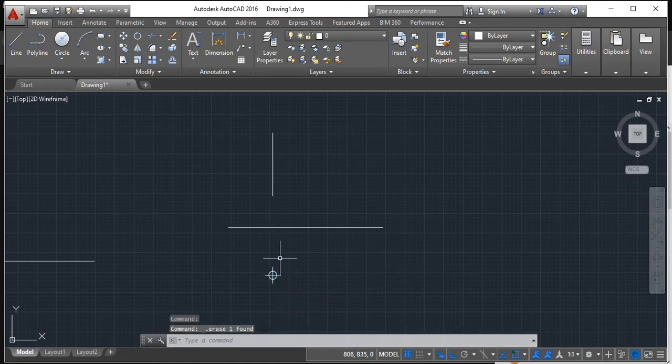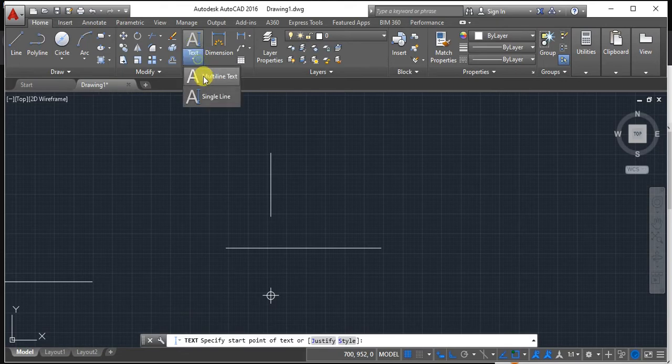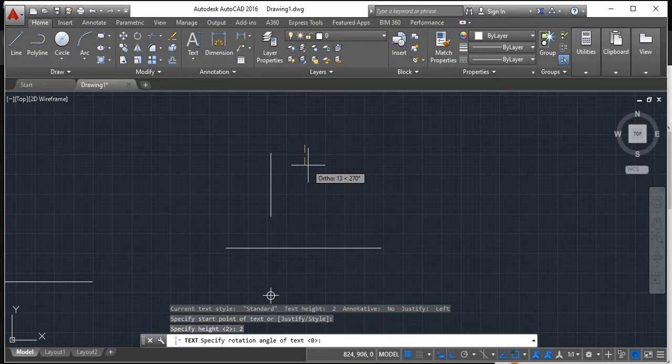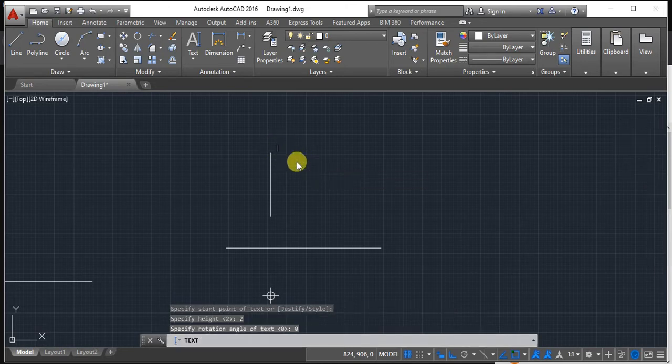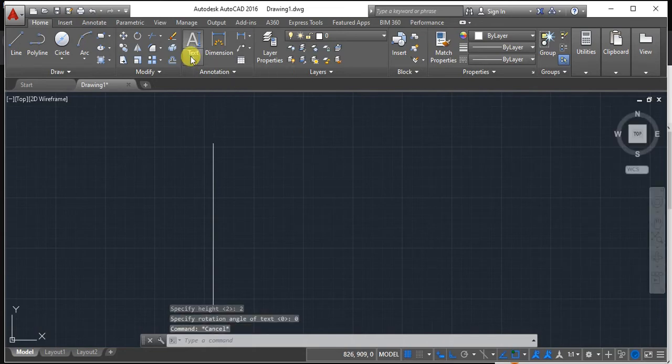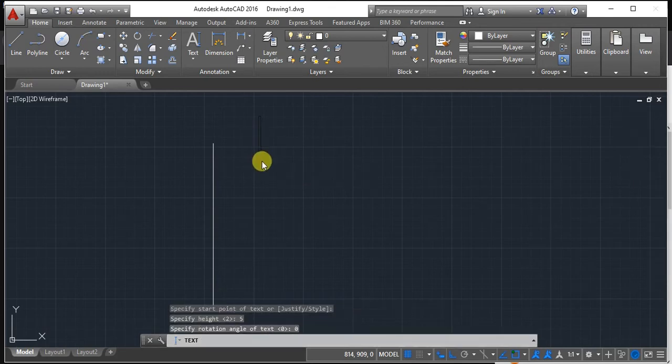Delete this line. So the visualization for line AB is like this. I'll make a single line text of, let us say, 2 mm, angle is 0. Use tab if you don't get an angle, which is A dash. Or I'll just increase the text size so that you can understand it better, which is 5 mm, tab 0, angle is 0. So here it is A dash,